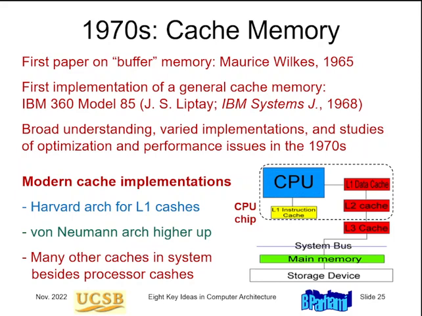So what is a cache memory? A cache memory is basically a small memory that sits between the CPU and main memory. I mentioned before that main memory is super slow compared with the CPU. So the CPU does its operations in a fraction of a nanosecond these days. Memory, if you have a large memory, the access time to the memory is around 100 nanoseconds. So much, much slower.